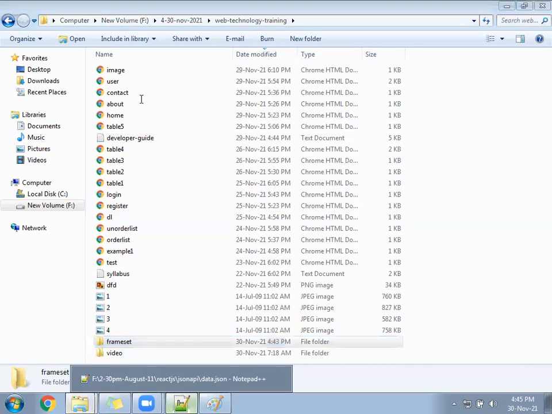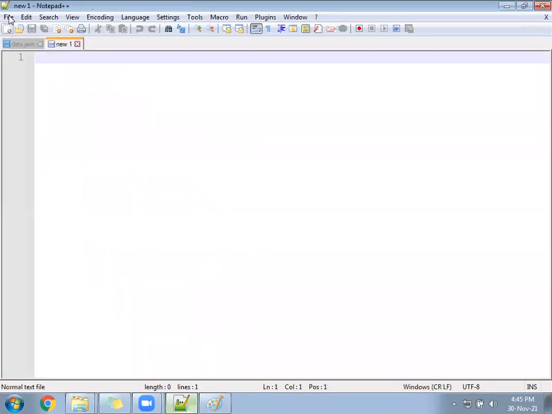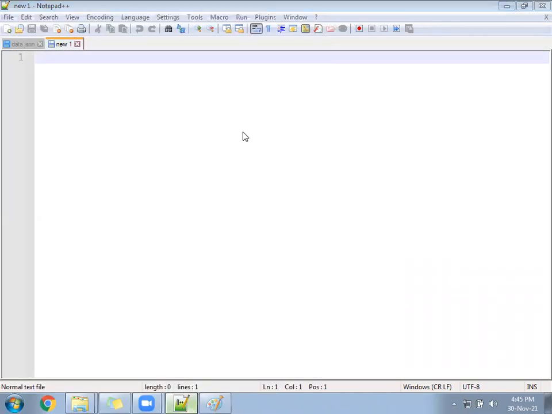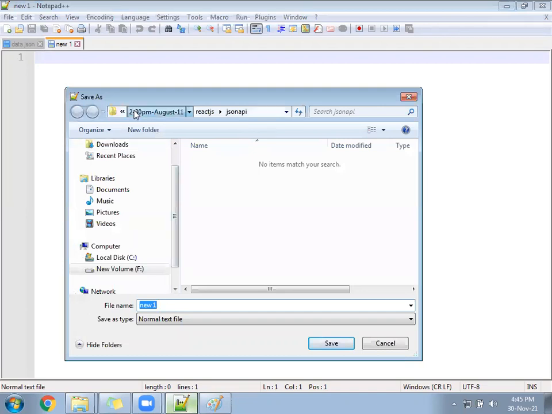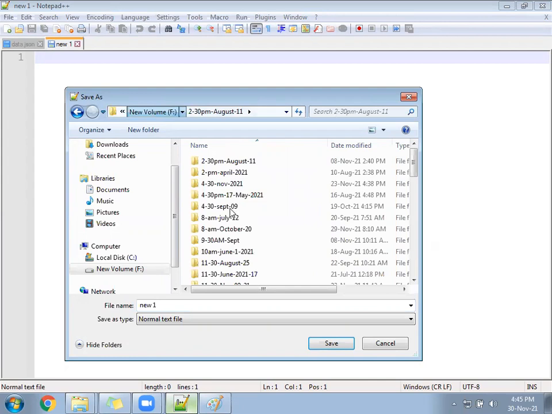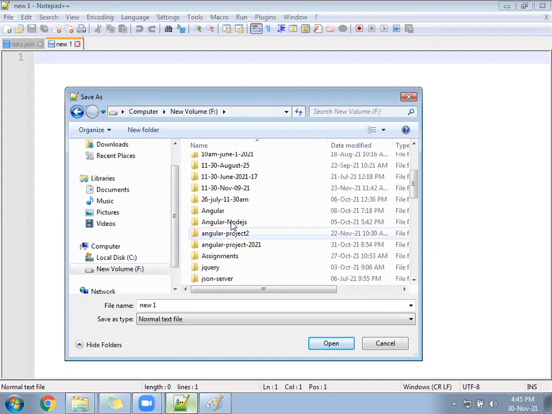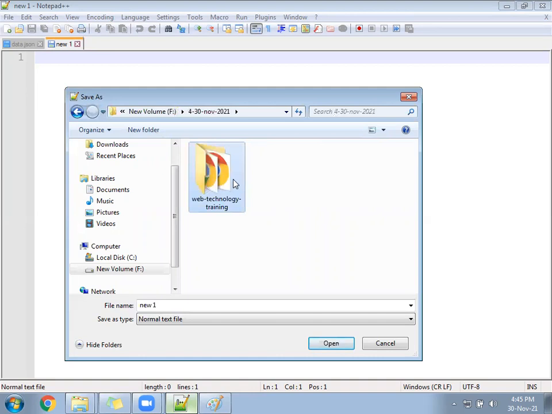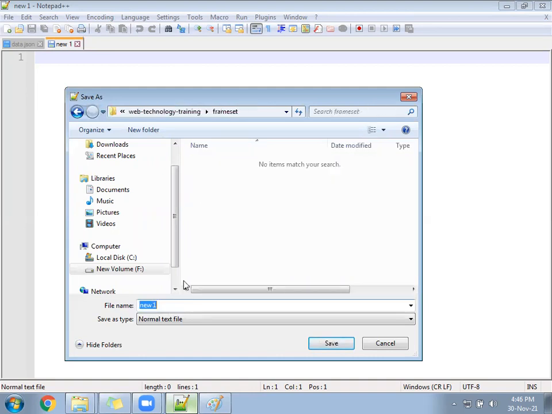The frame set folder is created. Under the frame set folder, we are going to create a file home1.html. You will save the file home1.html under the frame set folder.